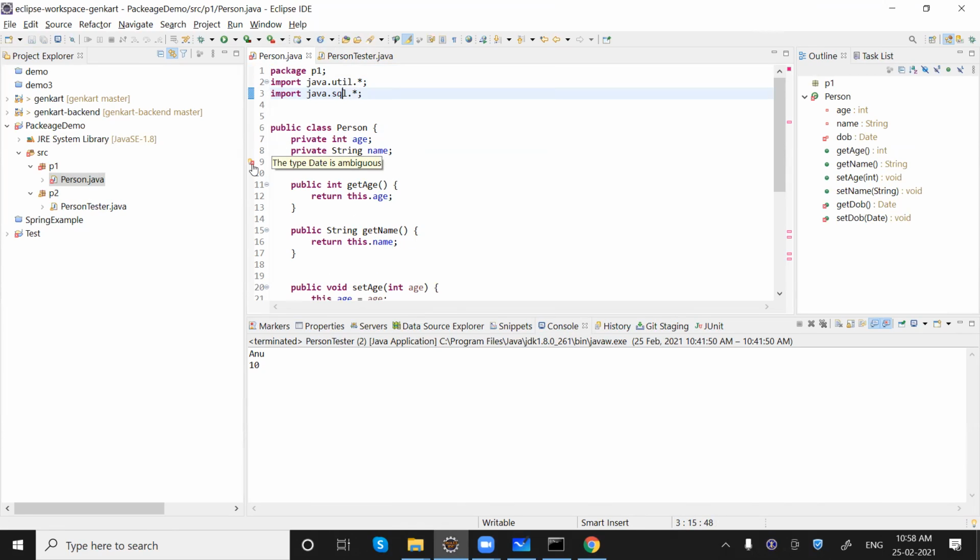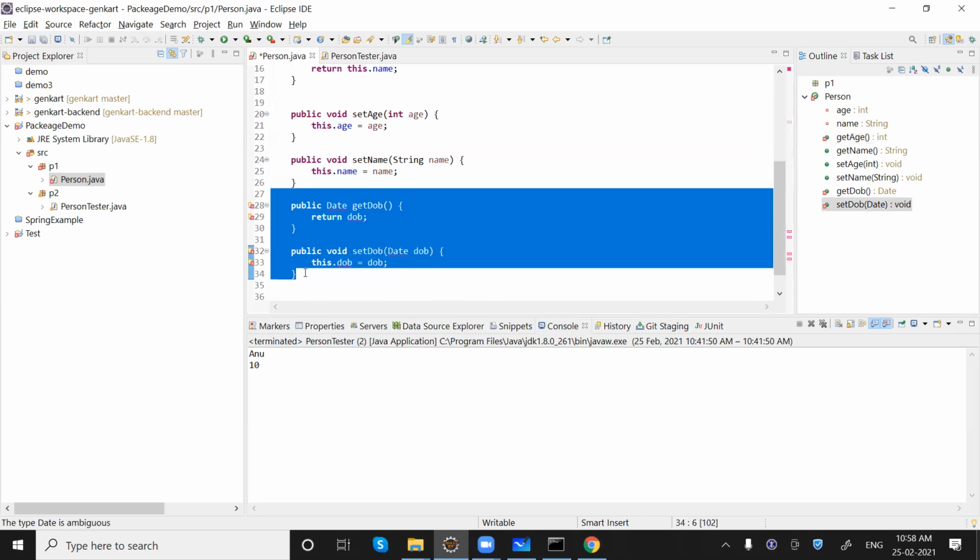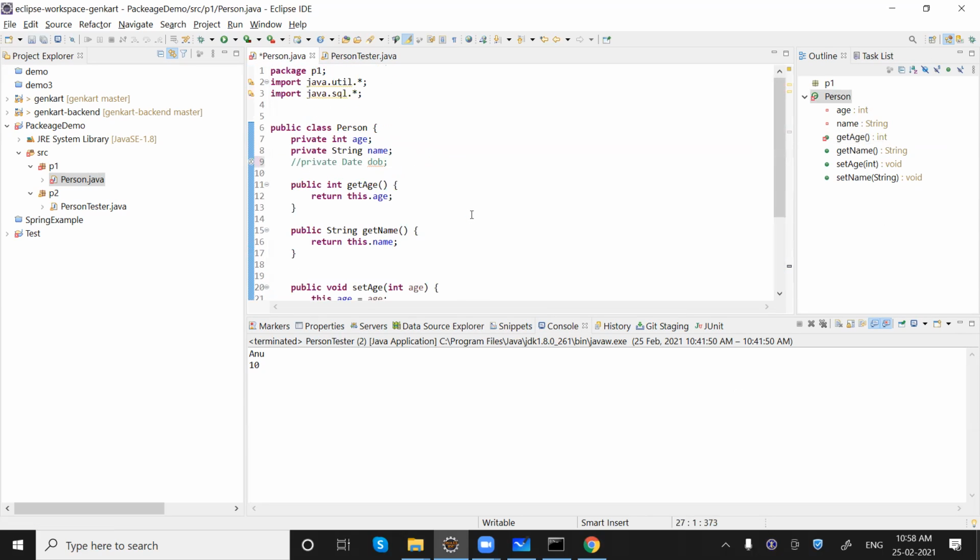The type Date is ambiguous. Then we need to specify which one we want to use. If we are not using this Date class, there is no issue. But if we want to use that common class, we need to tell which class we are talking about, either main.x or main.sub.x. Got it?